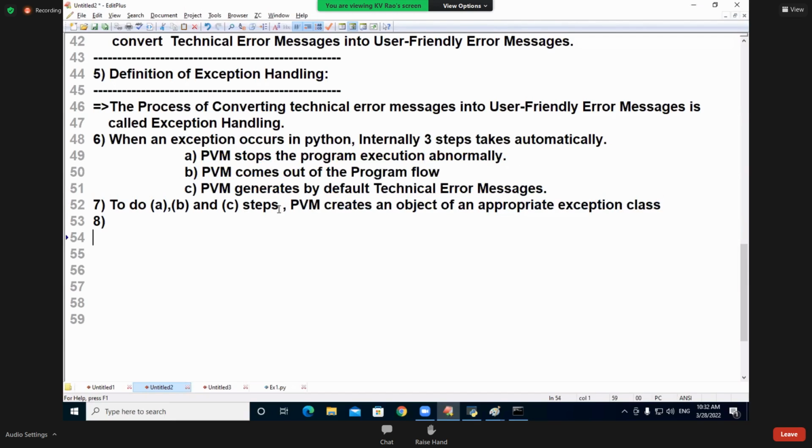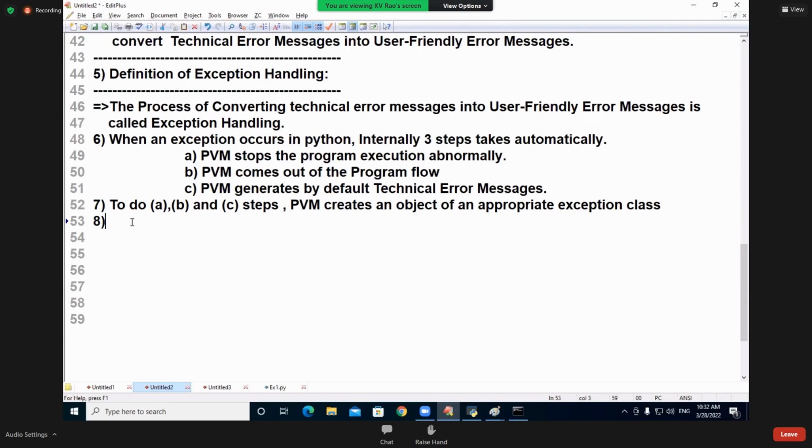So in simple words, whenever an exception occurs, immediately what is created? Object of exception is created and generates immediately what? Technical error message.